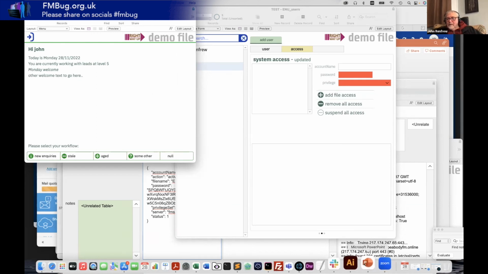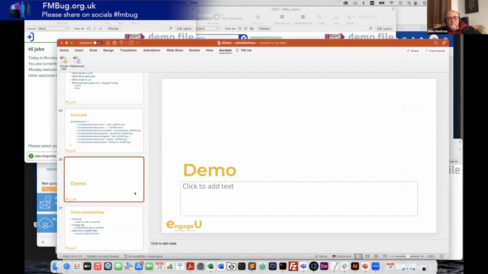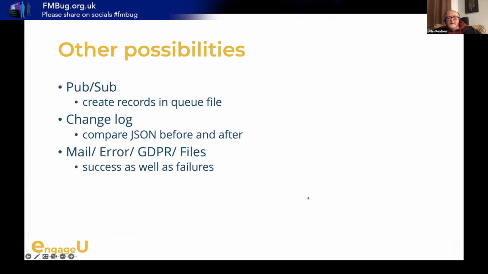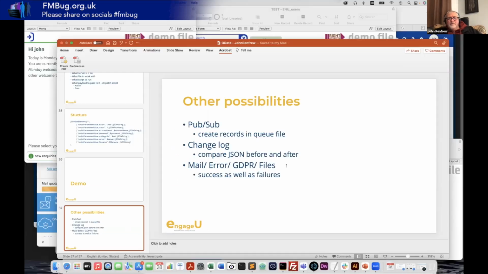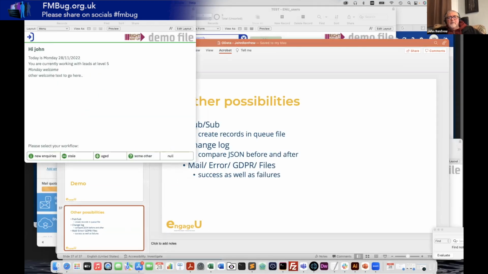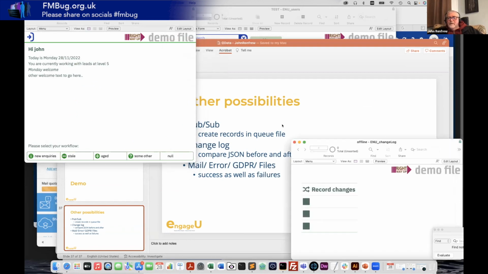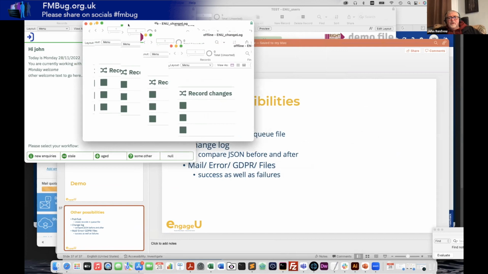So I think some of the other possibilities that we've got are things like PubSub, where we create records in a queue file, doing things like change logs, error logs, success logs. I think I might have this open. There we go. So here's a change log